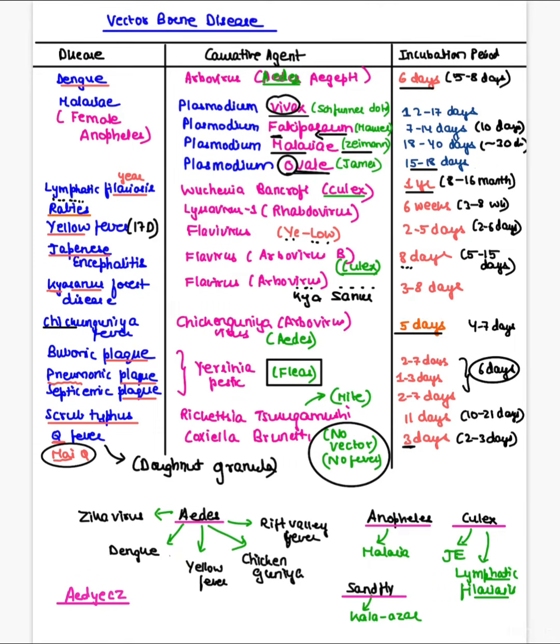See, now do you want me to revise all the vectors in one page, so that it becomes easy for you to recall at the time of exam to revise? So let's get started. See, first we'll say Aedes, guys. Okay, so remember, Aedes, we will change the spelling. We won't remember Aedes's spelling. I make my spelling, that is AEYADYECZ, guys. Okay, see, now coming D for dengue, Y for yellow fever, C for chikungunya, Z for Zika virus,